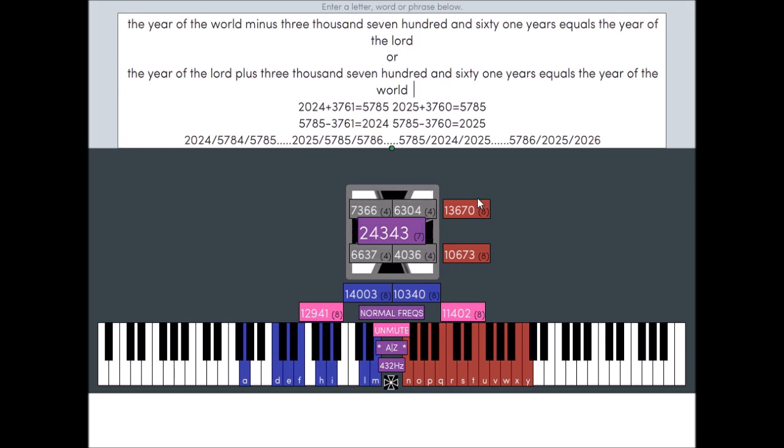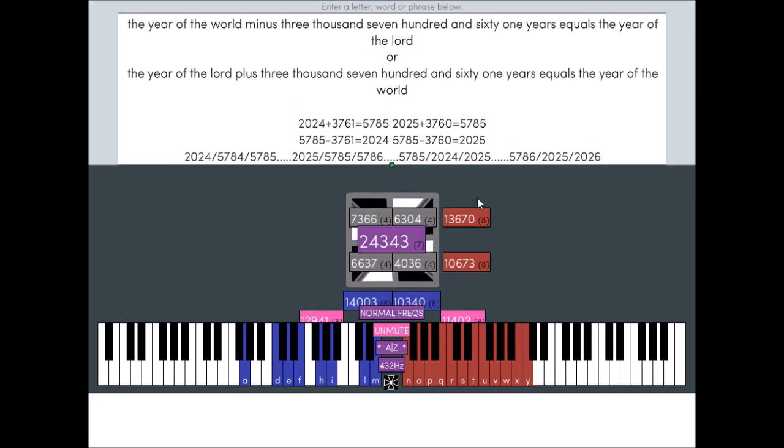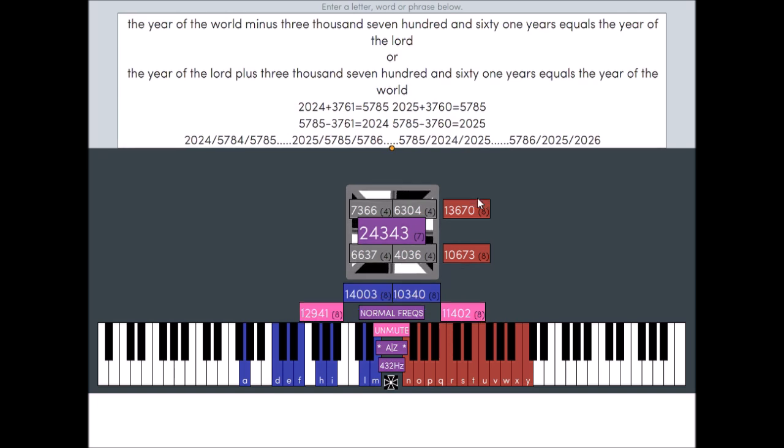But Tammy was asking me in a video yesterday, how come 2025 plus 3761 equals 5786, right? And right now it is the AM or Hebrew year 5785. And then I went on to explain to her that what you see here in the mathematical formulas underneath